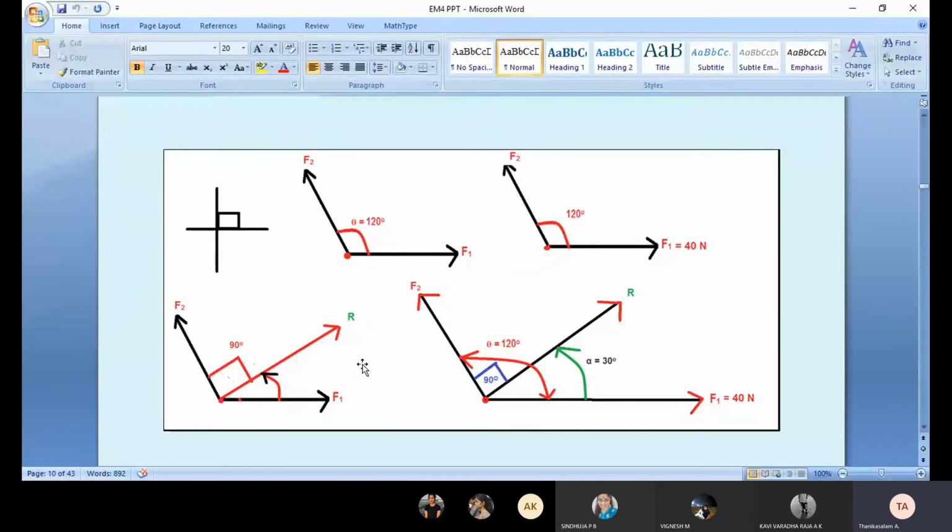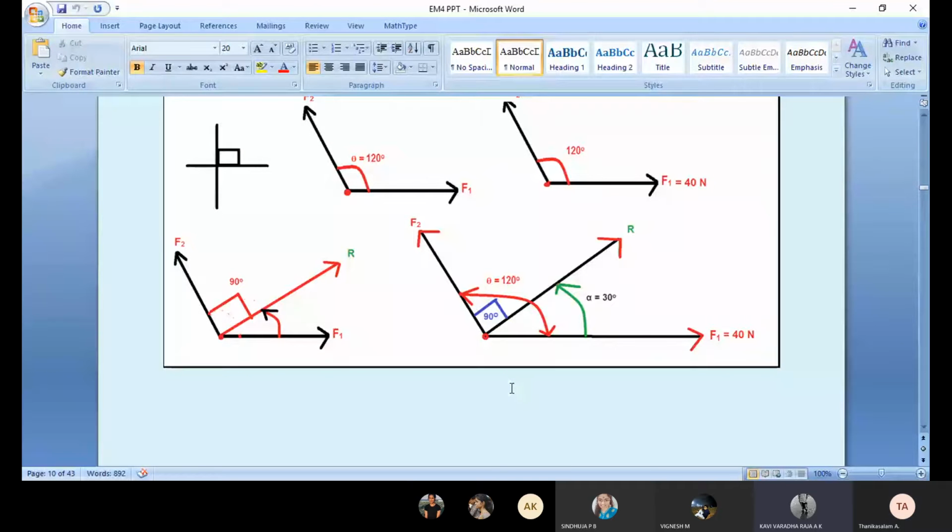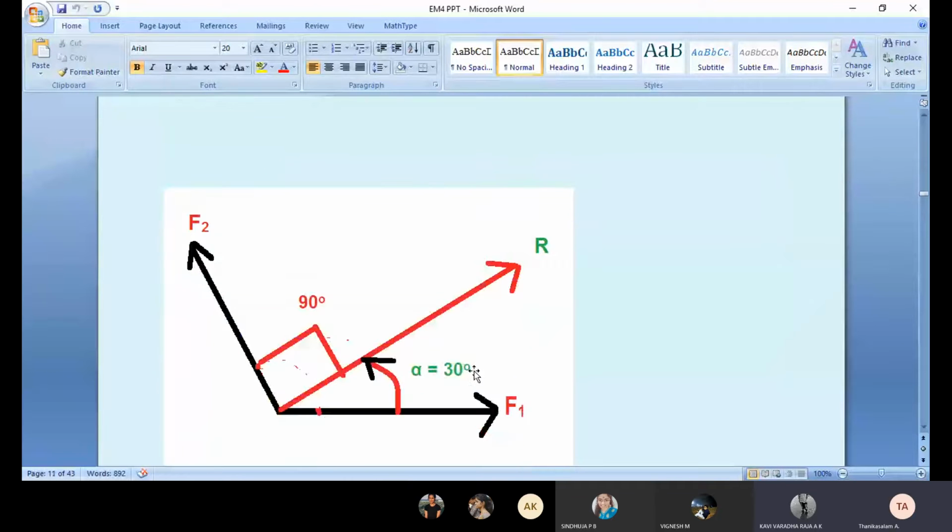See, this explanation is not in our book. You have already been sent a PDF copy, so you refer to it with the statement explanation of the problems. Okay, then explain now. Sir, for finding the alpha value, we know it is with respect to 90 degrees, so we subtract 90 from 120, and we get 30, sir. Alpha value is 30. Yes, very good.